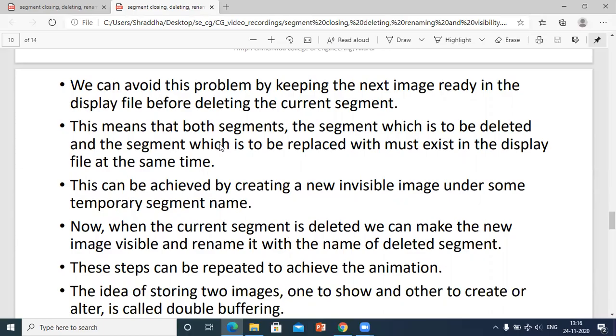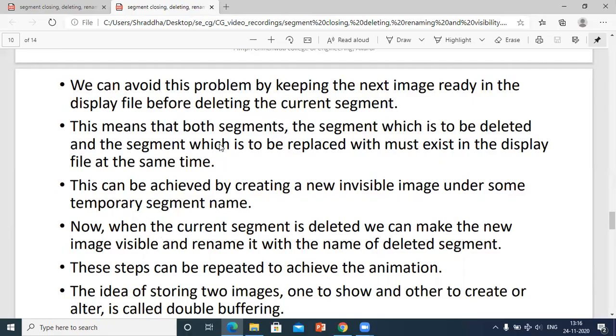Instead of making the image ready at runtime, keep the images ready in segments. You keep the whole sequence of images ready, so that once the next image is ready in the display file, the next characters are already set, and before deleting the current one, the next image is set to be displayed on the screen.